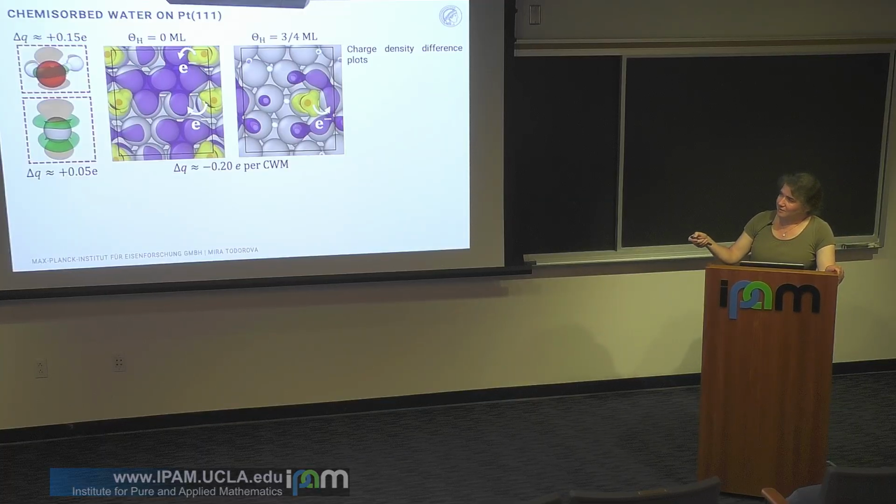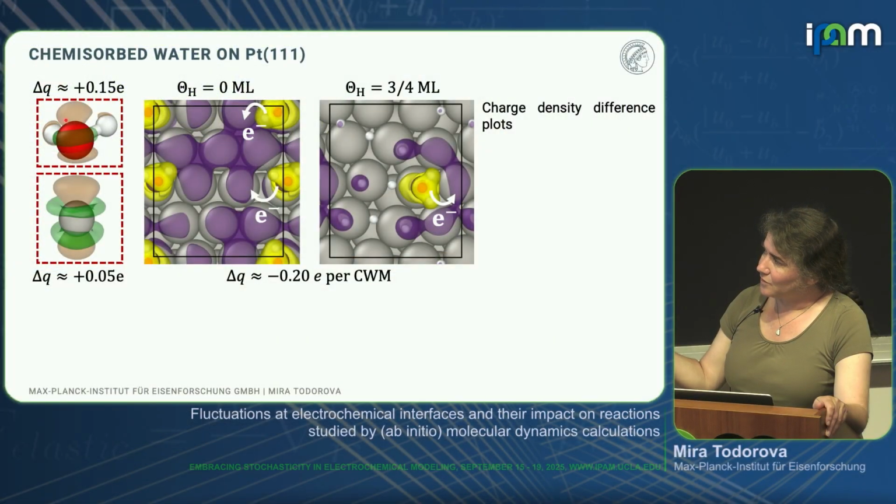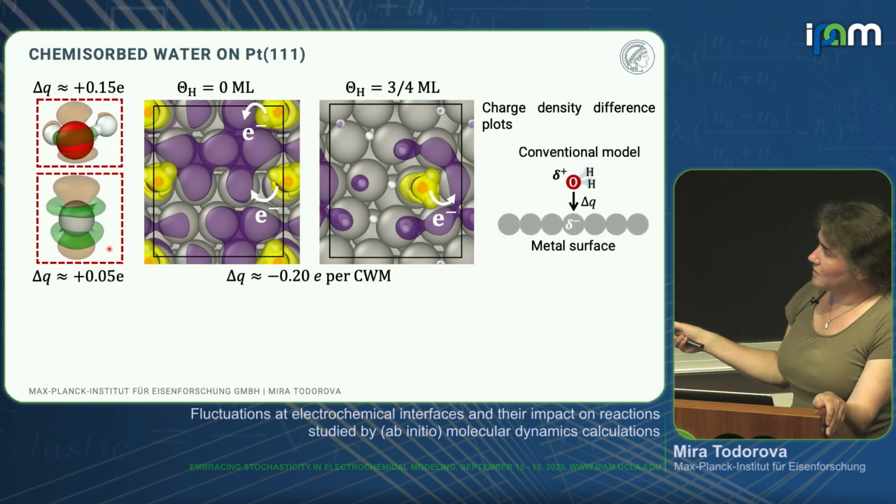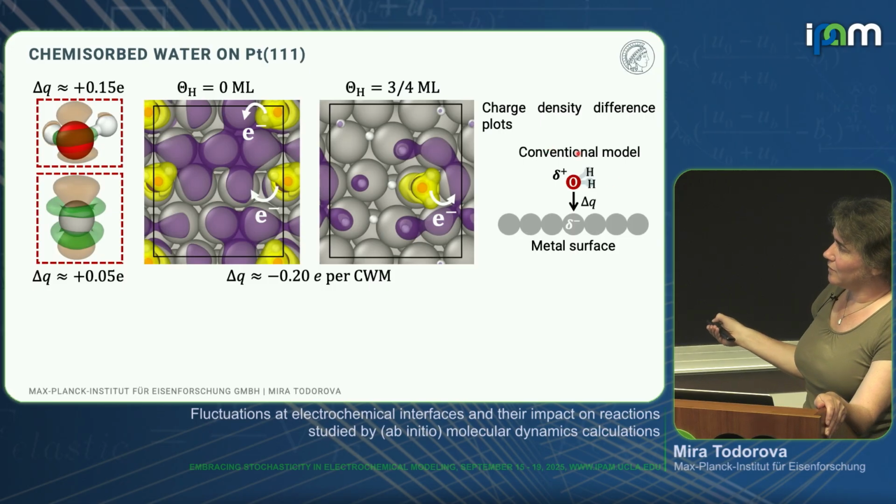So this is kind of a side view. This is the platinum that is sitting below a water molecule, and what you're seeing here is the difference electron density, so basically what kind of orbitals are polarized. And the conventional picture that we have is that when a water molecule adsorbs on the surface, it will kind